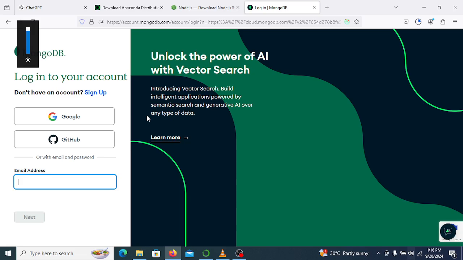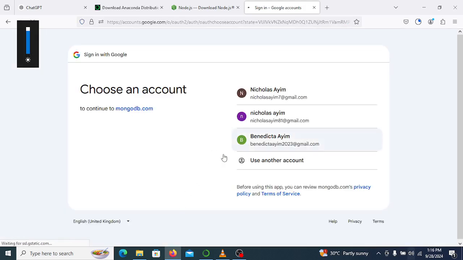MongoDB helps you to keep some records. We just have to create a schema, create some models, and it's just easy to work with. MongoDB is very easy to work with, and once we start, you get the understanding and you also grab the concept from there. Okay, so I have a MongoDB account set up.